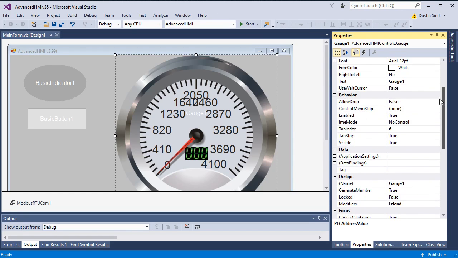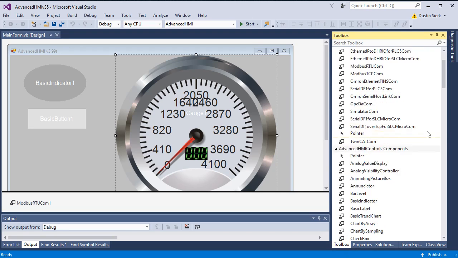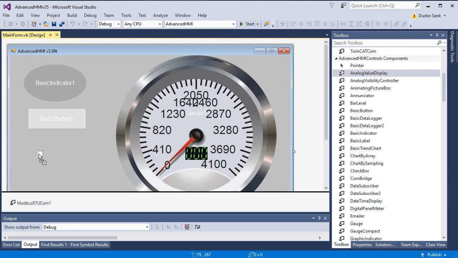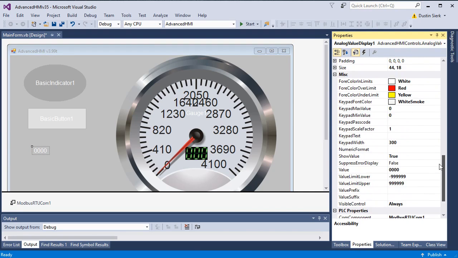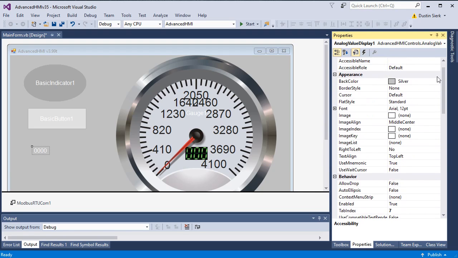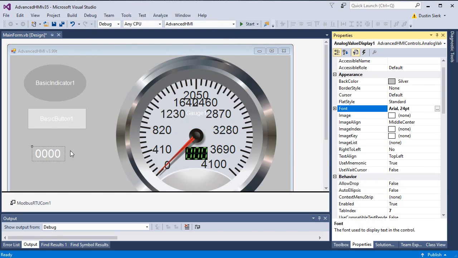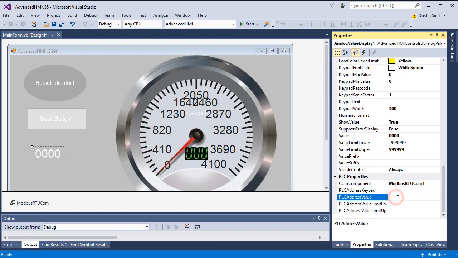The next thing we'll do is we will add an analog value display, and I'm intentionally going through this one because I know there's going to be a slight issue here, and I just want to show you how to get past it. It's not a big deal, but I just want you to be aware of it. So I'll make the font a bit larger to start with, and here we go. And the next thing you definitely want to do is add the value, and we'll go